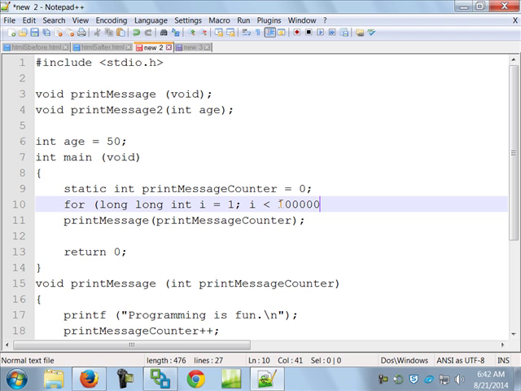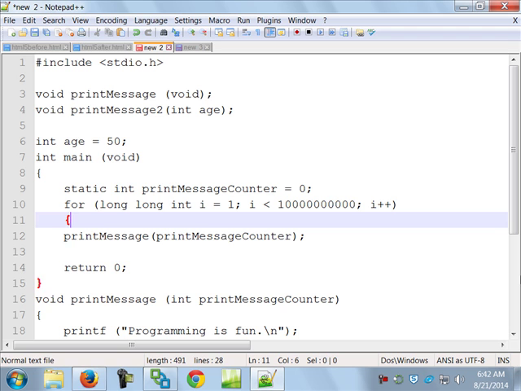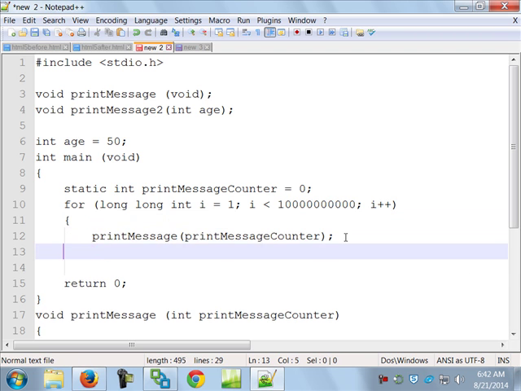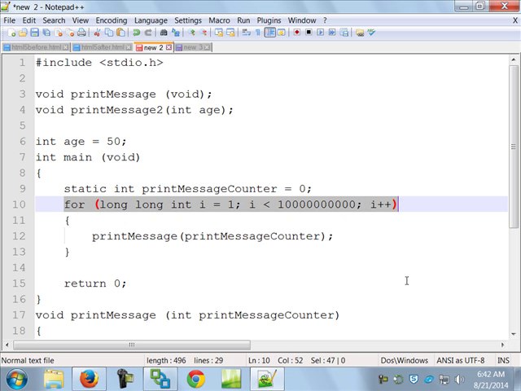So 1, 2, 3, 4, 5, 6, 7, 8, 9, 10. So I'm going to print that out like 10 million or a billion times. Which is really silly to do, but just so you get the idea. So this print statement, I'm going to end up calling it that many times. What this can do is slow down processing. If you've got something that's looping that many times, it can really slow down a program.